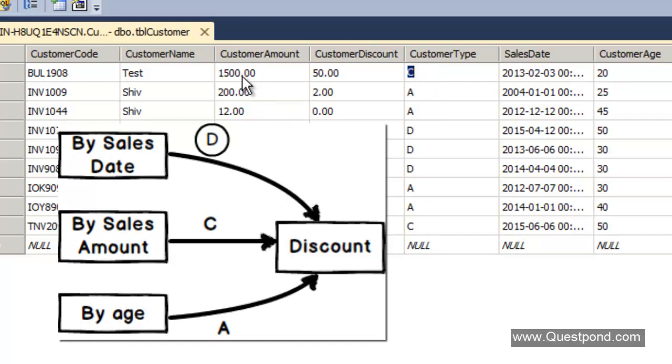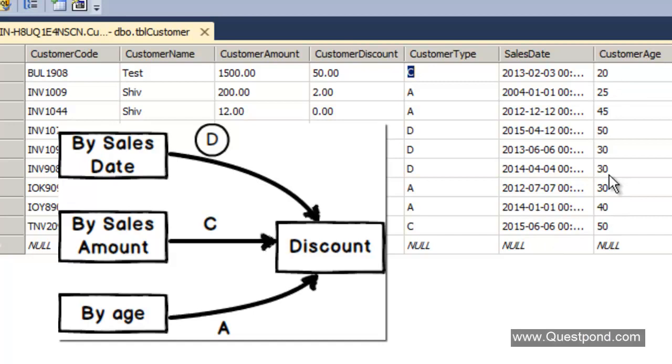You can see here, if the discount is calculated by using the customer amount, the value here is C. If the discount is calculated by looking at the age, then the value here is A. If the discount is calculated by looking at the date, then the value is D. Later on, if we ever want to know how this discount was given, you can go and look at this field, and from this field you can understand how the discount was calculated. So there are four fields which I have added: customer discount, customer type, sales date, and customer age.